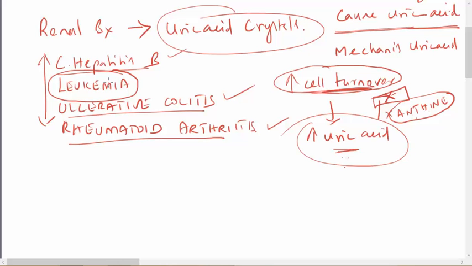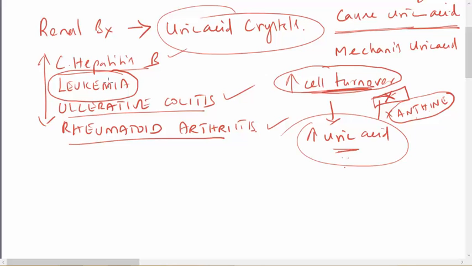One is renal biopsy that shows uric acid crystal. So immediately, uric acid crystal causing acute renal failure, you should know this uric acid is damaging the tubular processing. So completely it is depositing in the interstitium and the tubules,